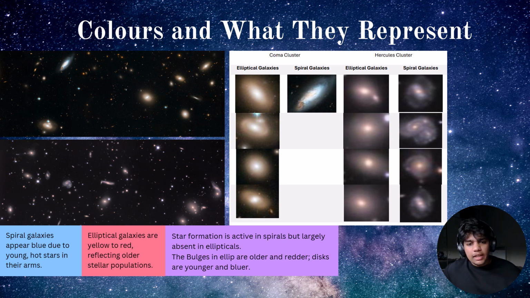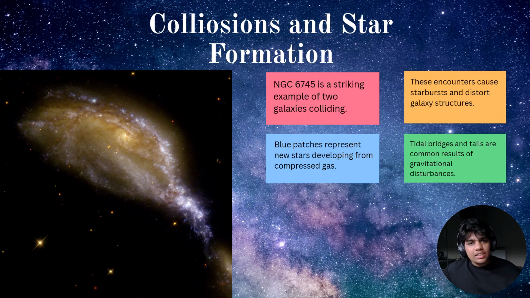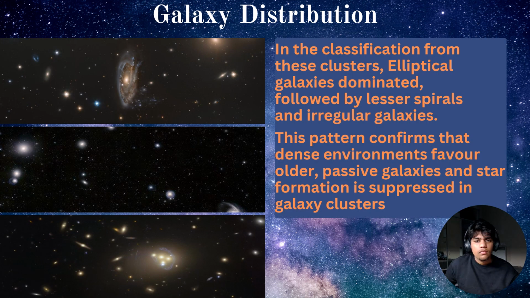Now let's talk about interactions. Like in the galaxy NGC 6745. In this image, we see bright blue patches, especially in the tidal tails. These are newborn stars formed by gravitational compression during galactic collision. This shows how interaction drives starbursts and reshapes galaxies, forming tails, bridges, and even